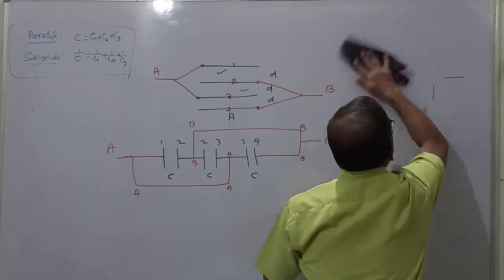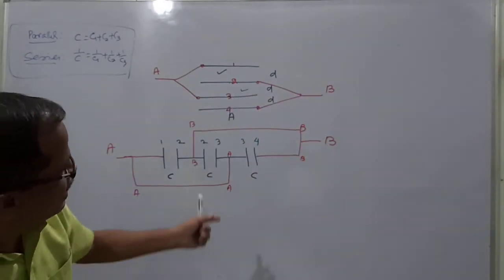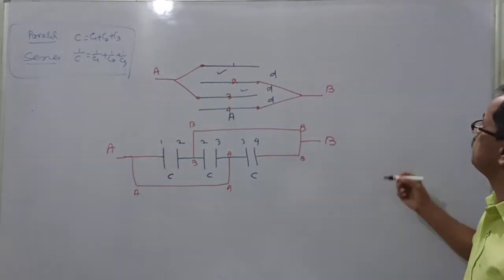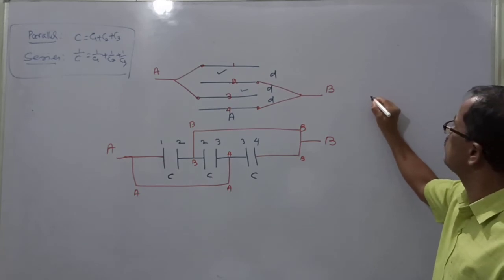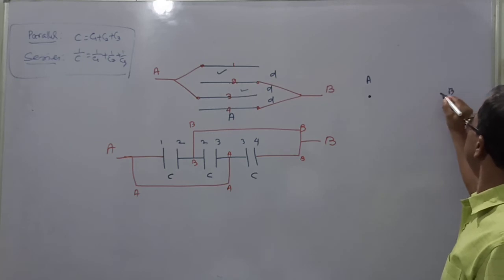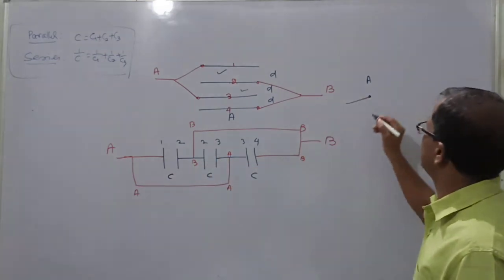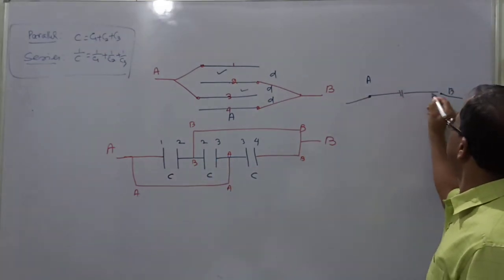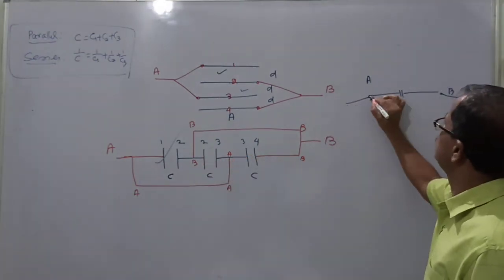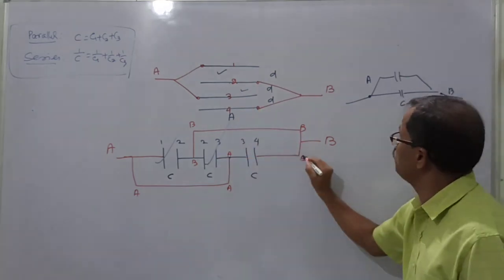Simple. Look, how to get the answer so easily. Already we have 4 plates, and three capacitors obtained. The connection is between the extreme points A and B. Now this is the point A. This is the point B. Now please, this is the terminal, the extreme terminal. From A to B, one capacitor C. So this is over. Then again this is A to B. So this is also A to B. Over. Again this is A to B.